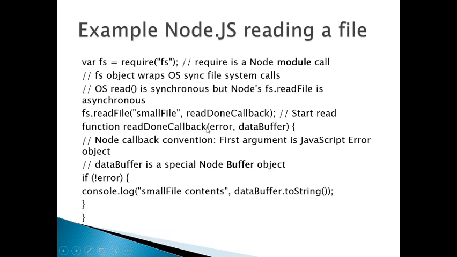If there is an error, it will provide the error, and if there is no error, it will provide the content. So this is a simple example of reading a file from the database, sorry, from a server. We will definitely go through the code and implement it, so don't worry if you don't understand this code at the moment.